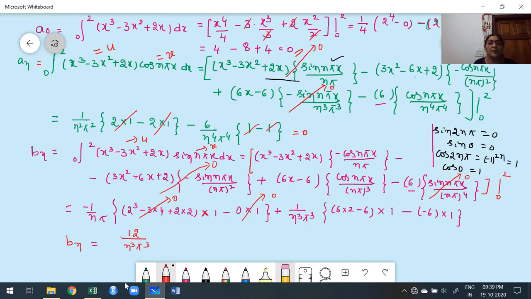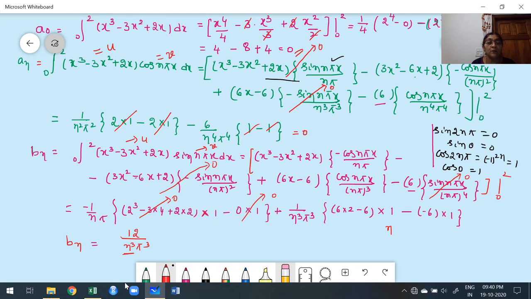I told very clearly in my previous class, whenever we get an or bn, verify what happened. This is true for n is equal to 1, 2, 3. How to verify? Pick the denominator n value. You don't worry about the numerator, you worry about the denominator. Whenever the n value is 0, then the denominator is 0, what happened? 1 by 0 is infinity. We are not expecting an infinity value for n is equal to 1 to infinity. We are expecting a finite value.